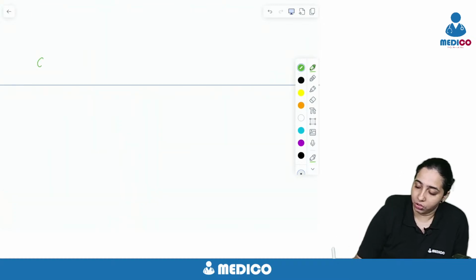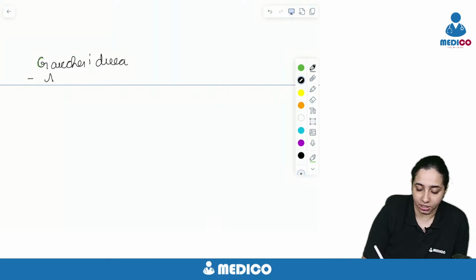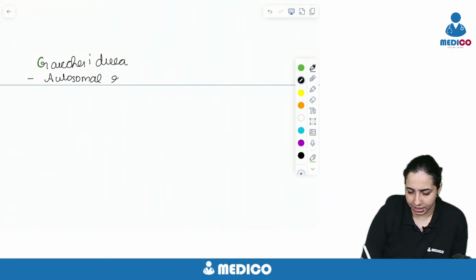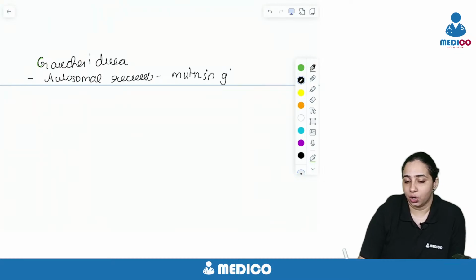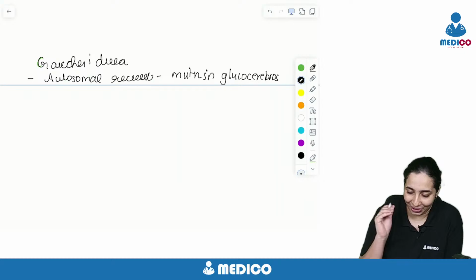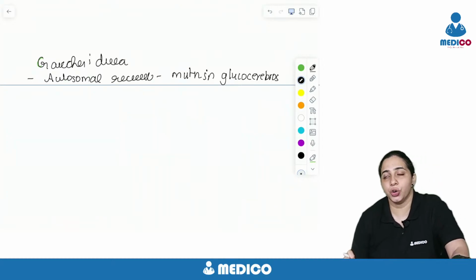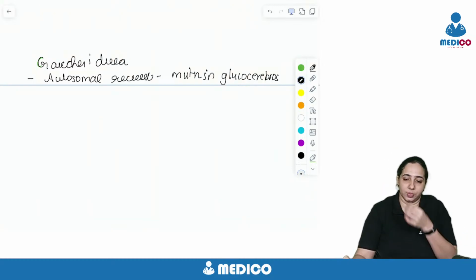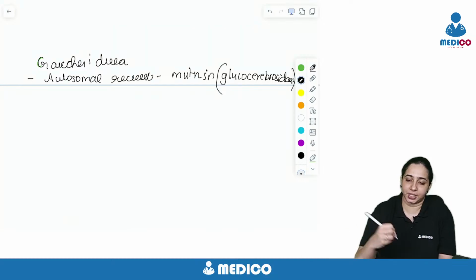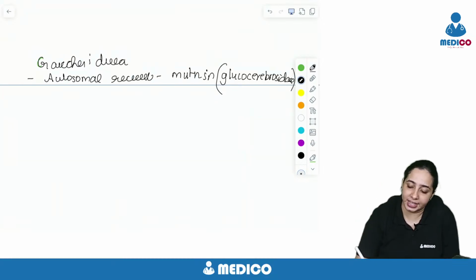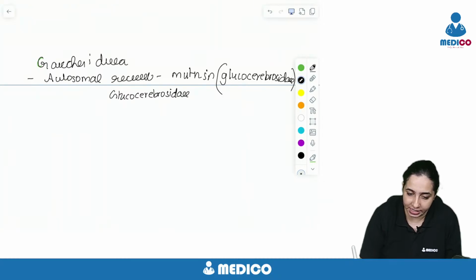Okay. Gaucher's disease is an autosomal recessive disorder characterized by mutations in glucocerebrosidase. So where is it coming from? We know glucocerebrosidase is the enzyme that is absent. So what is the function of this enzyme, glucocerebrosidase? The function of this enzyme is